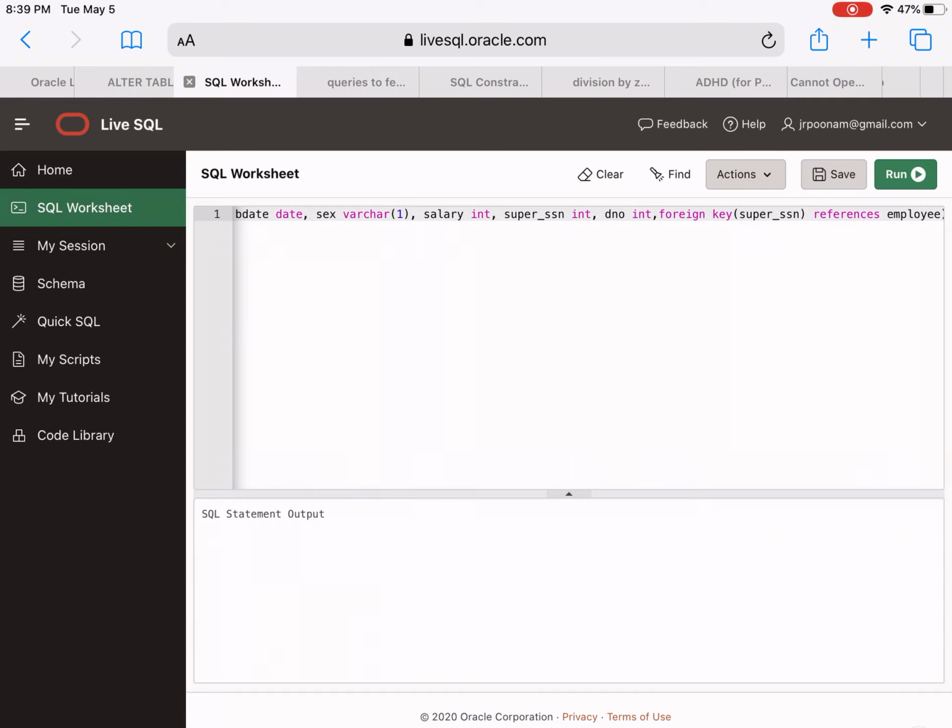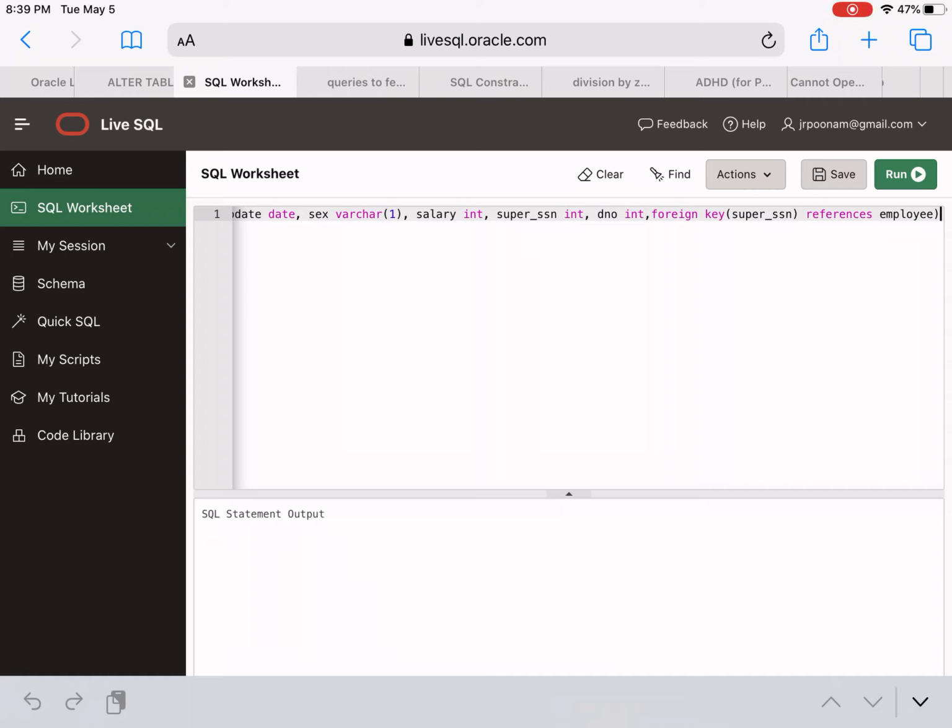So that same thing has been referenced here. So foreign key, that is super SSN, the attribute name, references which table? Employee table. And in the employee table, which particular attribute? Obviously it's the primary key, so I don't have to mention it here.